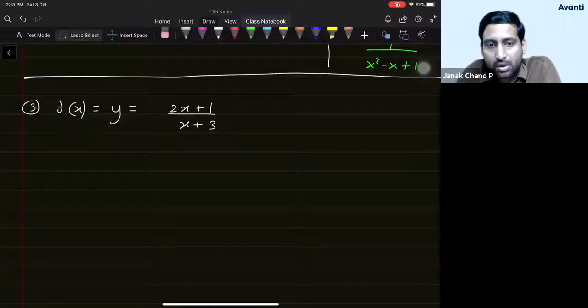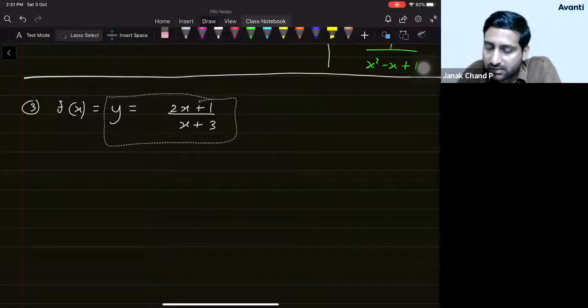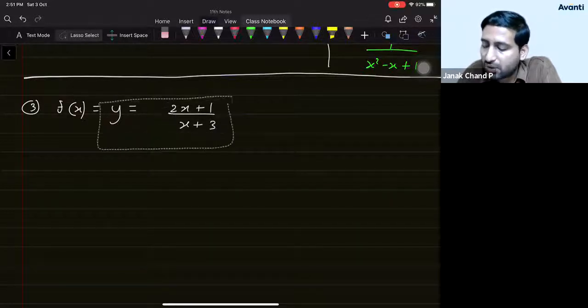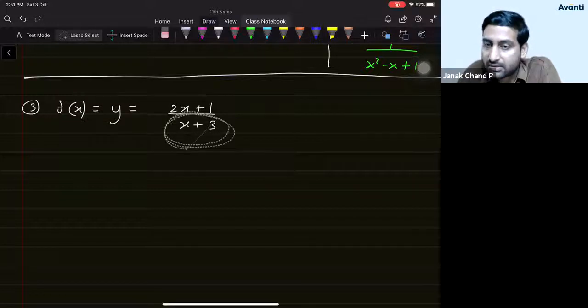In the chapter on domain and range, when we learned about domain and range, we know that if the question was to find the domain of this, you will write the domain of each function, find the intersection of these two, and then subtract those values which make the denominator 0, right? So I hope you remember that concept. Whenever you have a ratio of two functions, that is how you find the domain.